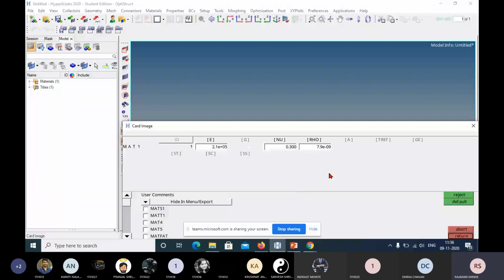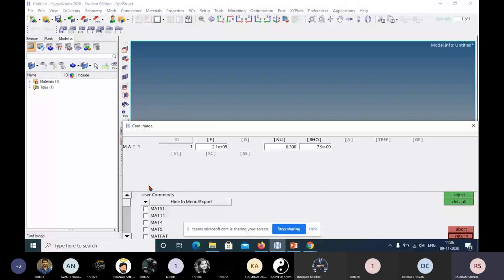After entering these properties, these options are not required for our problem. What are these options? You can see in help also. Here MAT4, if it is a coupled field analysis, MAT4, MAT5, then you have to go for these options, or it is known as user comments. That means if you want to do thermal stress analysis, you have to select MAT4. That is for example. For this problem it is not required. When it is required, I will explain it.